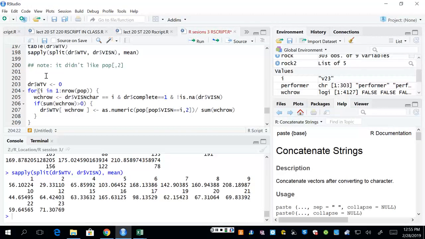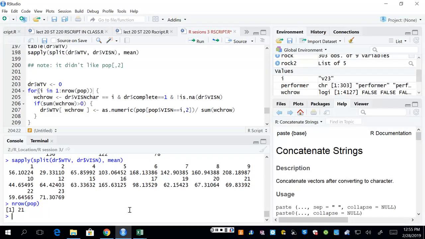rows, right, the number of rows in this thing is 21. Because originally in the population there were 21. These are not actually the survey weights. I would actually merge the population in the right ways to get down to 18, and it would be a little bit different. So now,